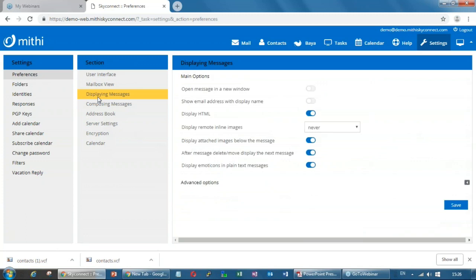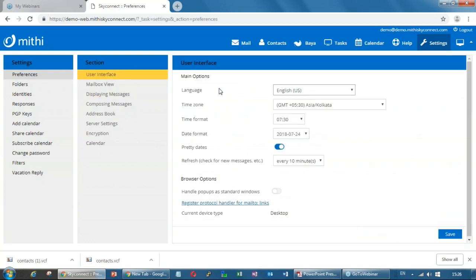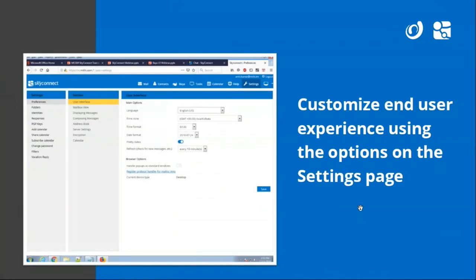For displaying messages, there are different options. So you can go through this, and for all the customizations you will get video links for the settings page.